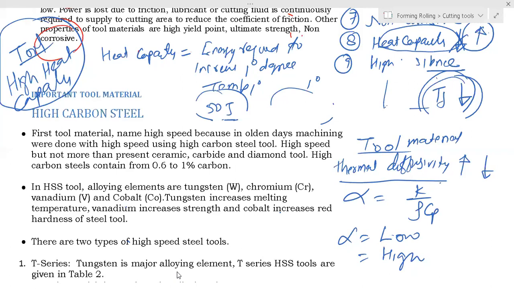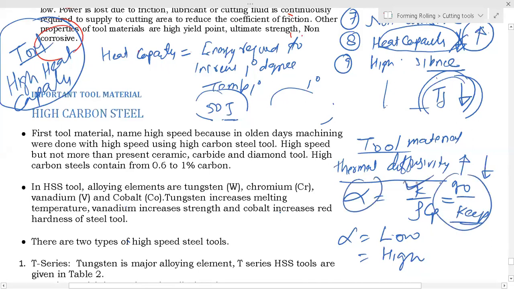There will be a fight between thermal conductivity and heat capacity. Both will fight. One will say, no, I will keep the heat. The other will say, no, I will send the heat. If this one tells it to go, this one says, I will keep. So who wins? If it is high, this fellow wins. This fellow wins means the heat will be dissipated. It is clear now? High thermal diffusivity.